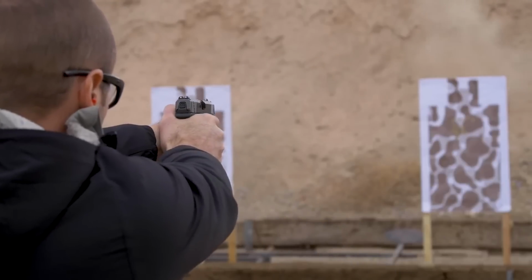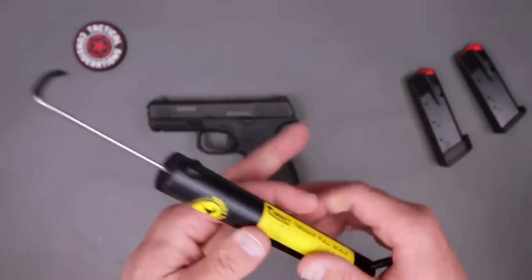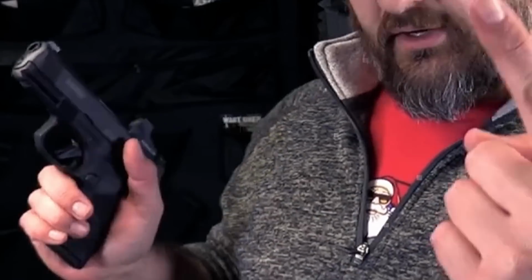The pistol ships with 2 mags, one holding 14 rounds that sits flush with the frame, and one holding 16 rounds with an extended base plate. There are actually 4 variants of this pistol, but 2 of them don't matter, and we're not going to be covering them here today because they are...